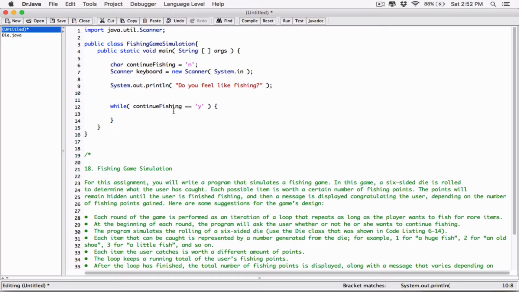All right, now we need to accept the inputs from the user, right? First of all, I'm going to go ahead and call keyboard.nextLine here. Keyboard.nextLine is basically going to pop up some kind of text box. It's going to allow the user to type in something, and whatever the user types, it's going to be returned